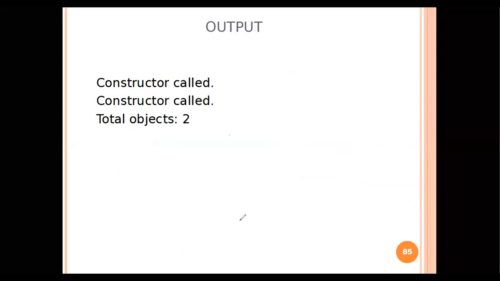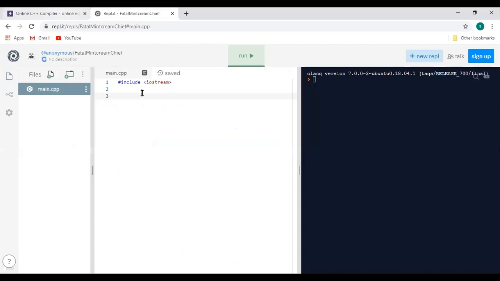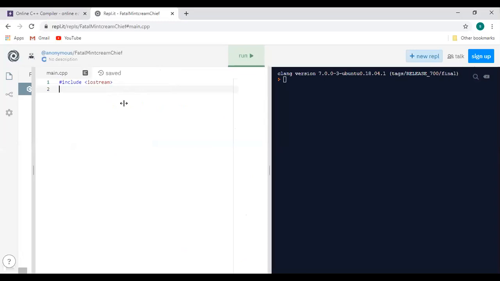Okay, just for your purpose, I will execute this code. Is this visible, the editor? Yes, guys. Yes, sir. Okay, now tell me, what is that program? Yes, what are the different lines, using namespace?